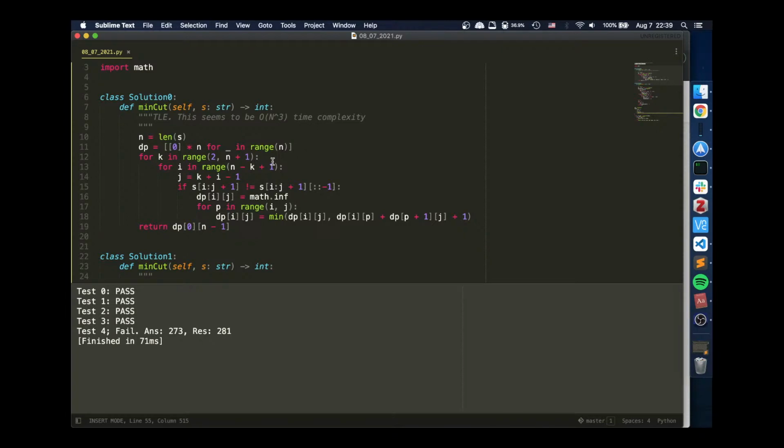From i to j, we know if there's any palindrome inside from i to j. So we'll have all these, this plus this. If any one of these is a palindrome,